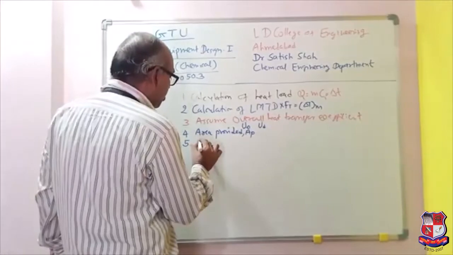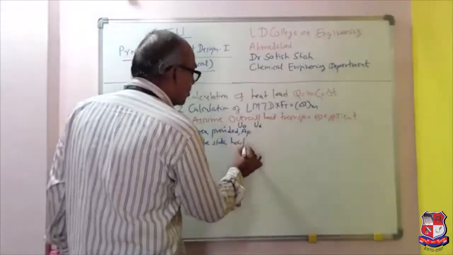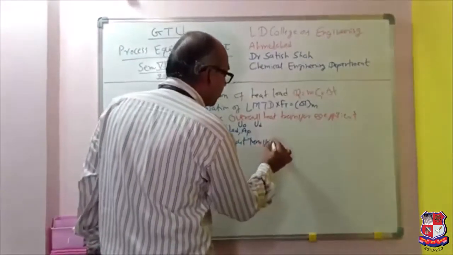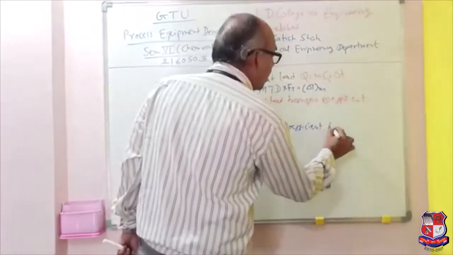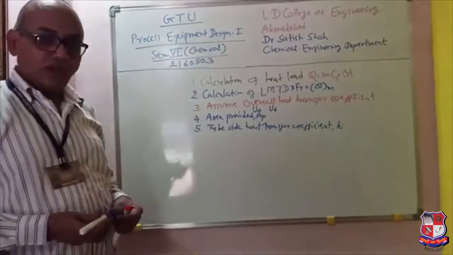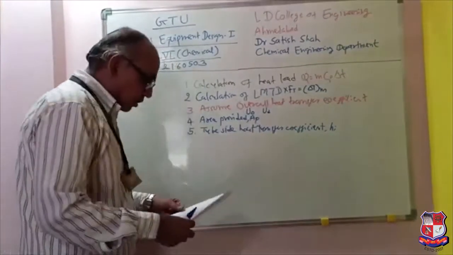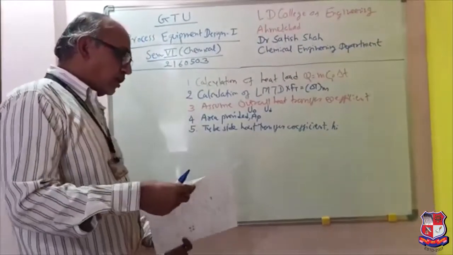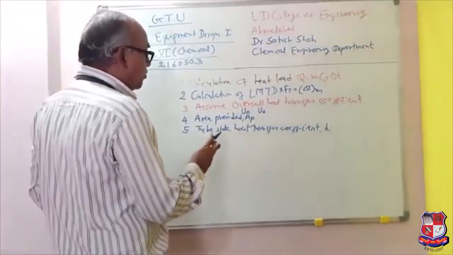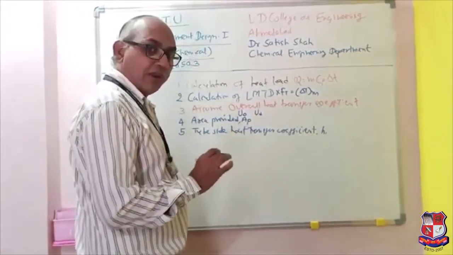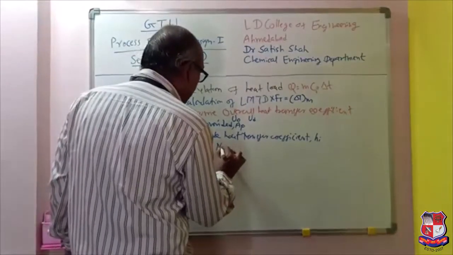So first I will discuss the tube side heat transfer coefficient. That is known as Hi. Now see, for calculation of Hi, we have the formula available with us. So how will we calculate Hi? First we have to check whether the flow is laminar, turbulent or in the transition zone. How will we check it? You will check using the Reynolds number.